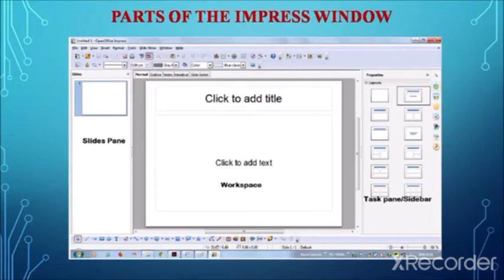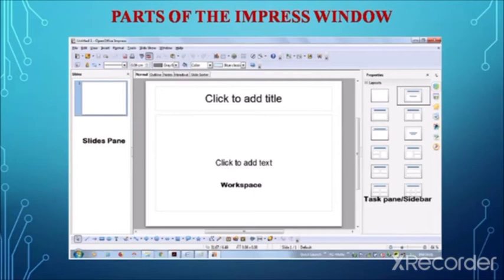Also you can delete a slide from the presentation, rename the slide, copy and move it, and rearrange the order.